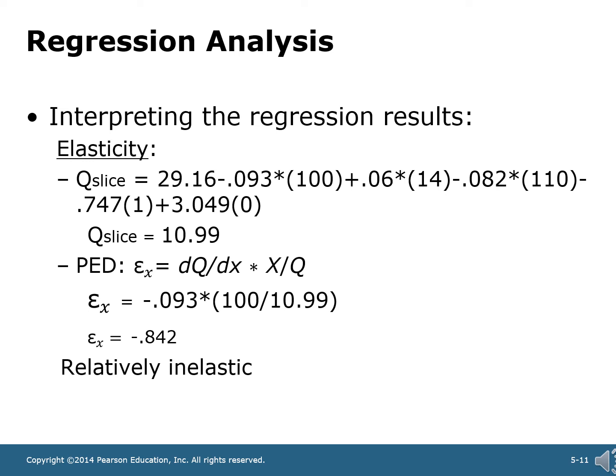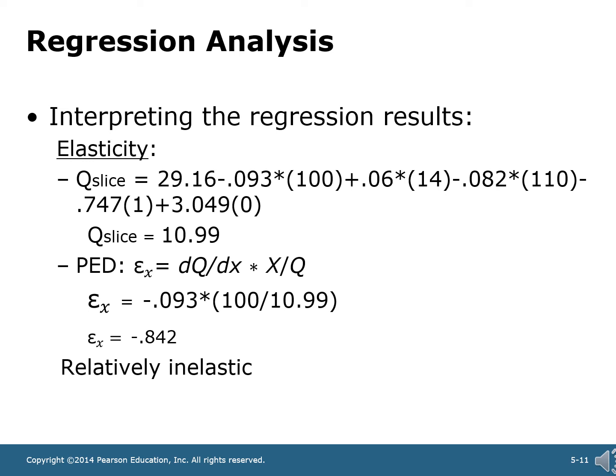The average cost of a pizza slice equals $1, and the average cost of a soda equals $1.10. Well, what we can do is plug each of these into the variable. So the $14,000 tuition, the average pizza slice of $1, all those things, put them into the equation, and then we just do the math. So we estimate that for when all those variables are at the level I just said, the quantity demanded of pizza slice is going